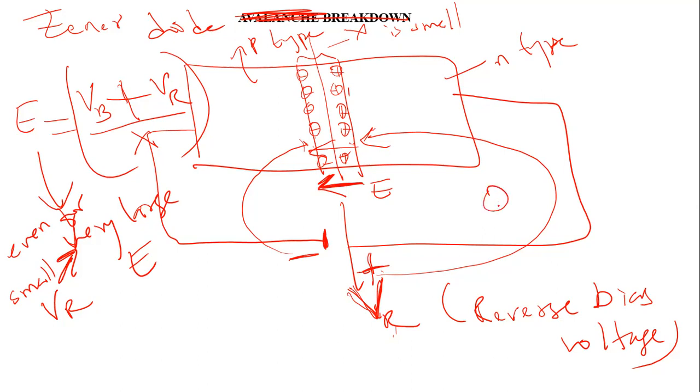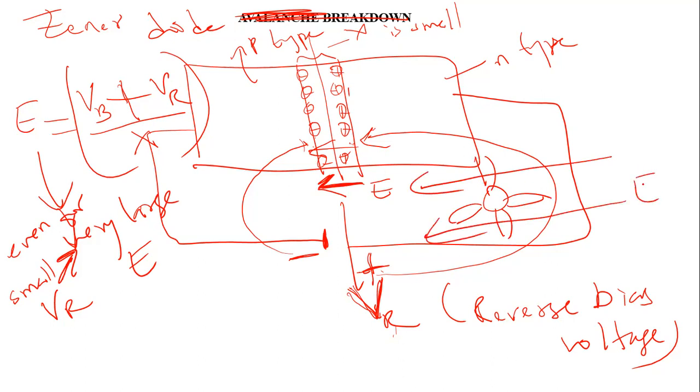So let's say this is the covalent bonding at the depletion region. Now, if you have a very large amount of electric field like this, electrons from this covalent bonding will be pulled out by this electric field, and the electrons will be drifting towards the n